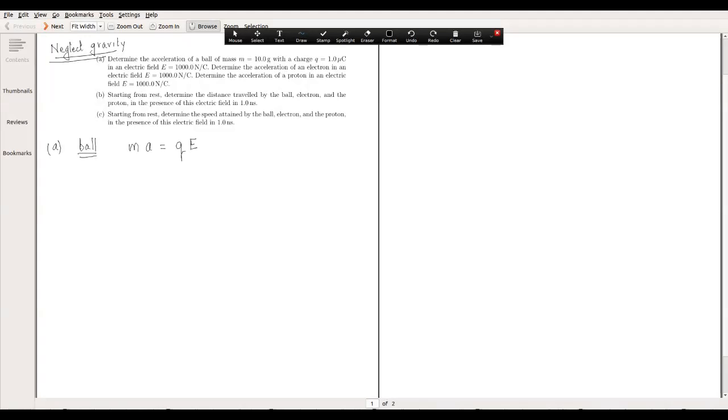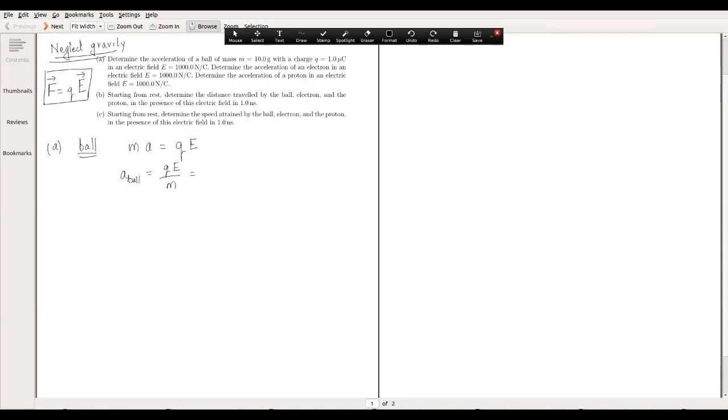So let me write that down. Force is charge times the electric field. That's the basic definition. So mass times acceleration is equal to force. Force is charge times electric field in the case of an electric field. And so acceleration can be calculated then. So a for the ball is Q times E over m,